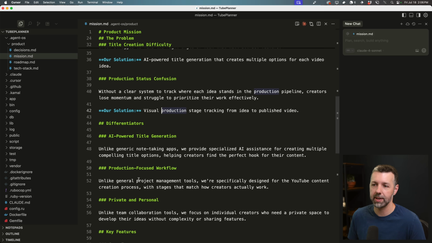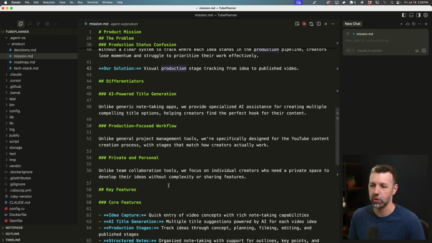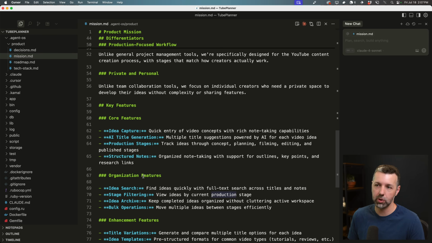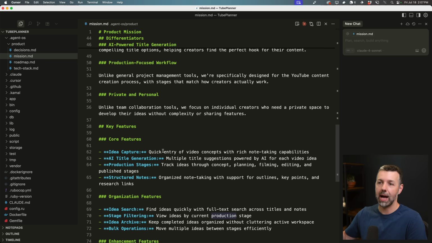So it just drafted these up based on its best guesses. So I'm going to go in and actually review all these little details to make sure that the mission is actually aligned with what my vision is for this product. Down here, we go into core features. We're not yet actually in the roadmap. We're certainly not into actual tasks to build. This is really just high-level core features of what it is that we're building here to get a high-level picture